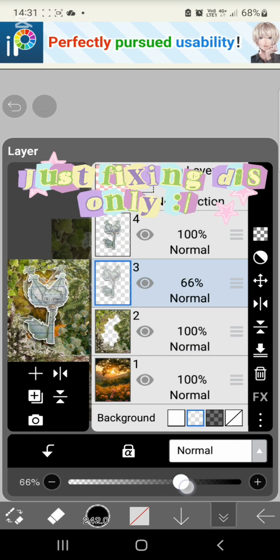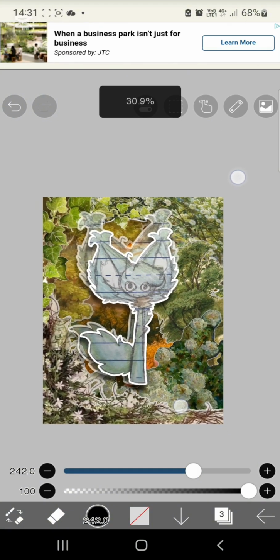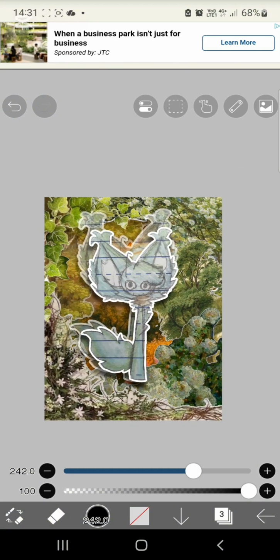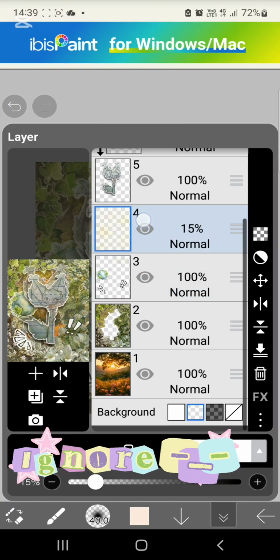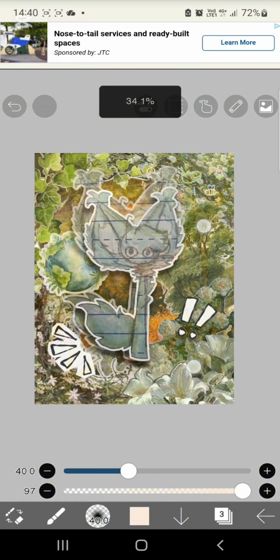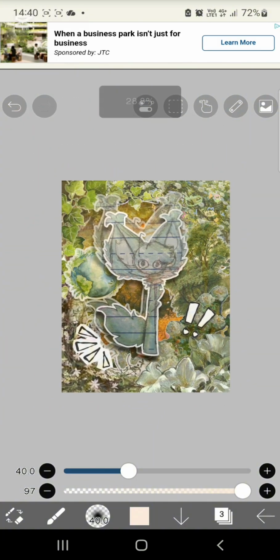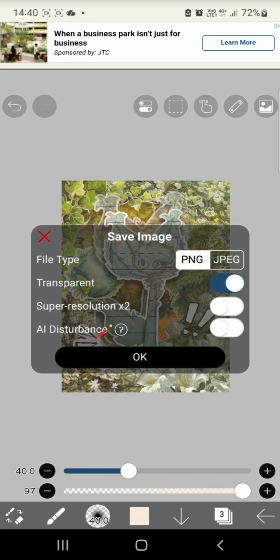Just fixing this only. Ignore. Click the arrow and save it.